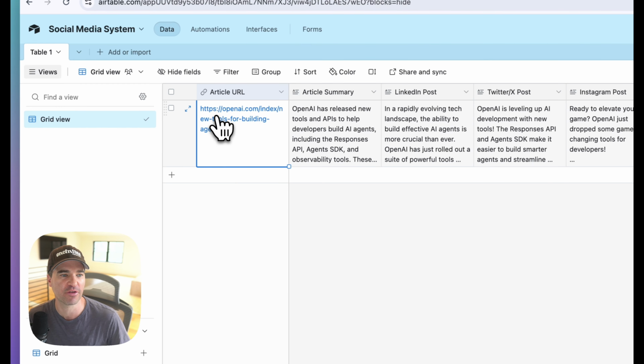So it's going to use that context of the article to create the post for these different platforms. And then separately, to create the image, first we need to create the prompt for the image node. So I'm taking the summary of the article and I'm feeding it into a different Ask AI node here. And I'm asking it to create a prompt for the image generator based on the context of the article. And then I'm feeding that output, the actual prompt, into the generate high quality image AI node in Gumloop. So this will create the image based on the prompt that the AI created, based on the summary of the